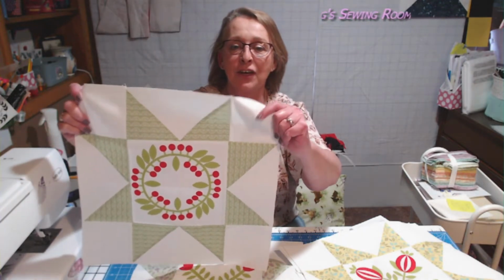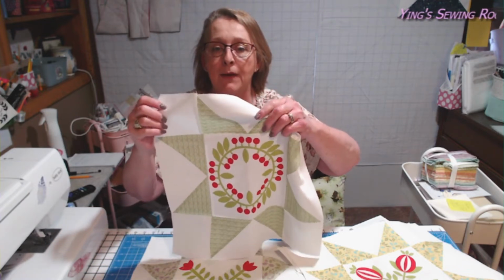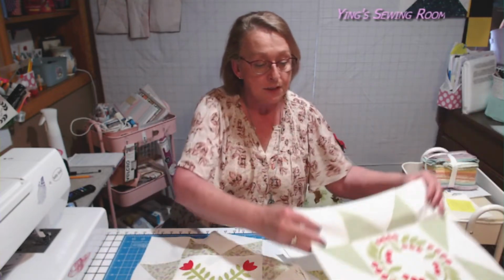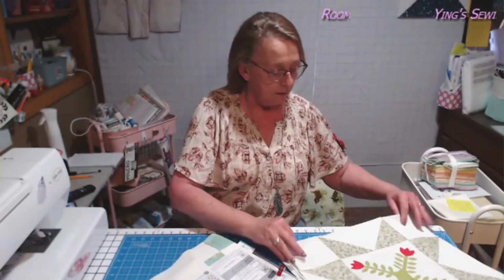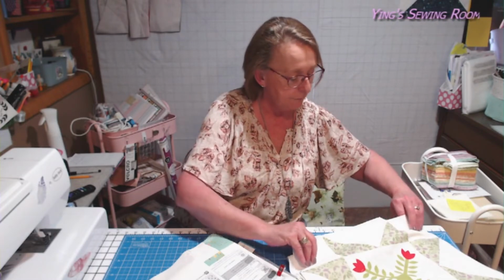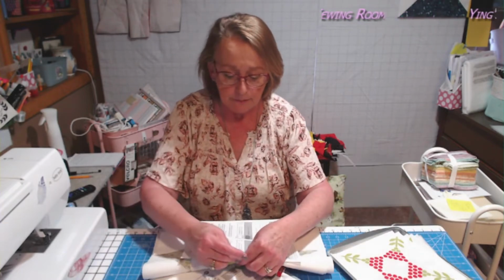But is that not cute? How this just comes around and seems like whatever fabric line you use, it pulls from, and it just blends really well. And let me put this back in its proper position so that I can fold it in half, because I don't want a lot of creases in it. Pin this one back together